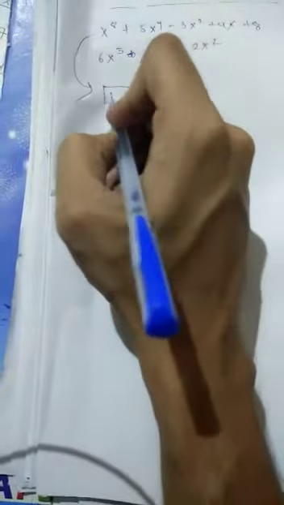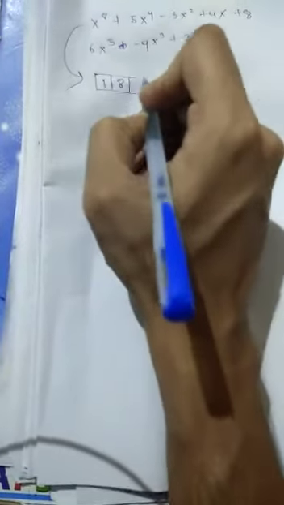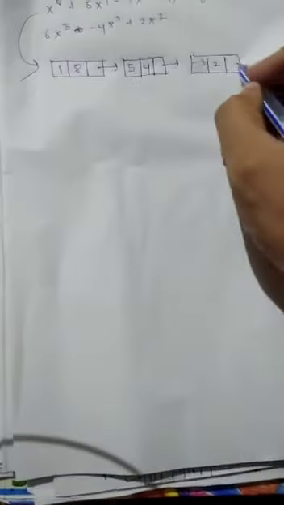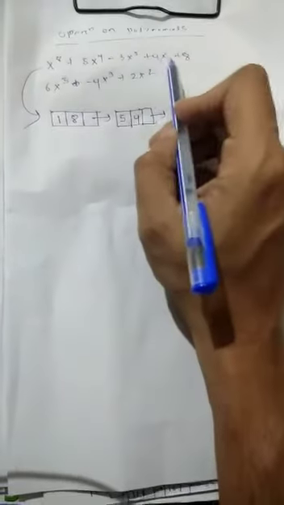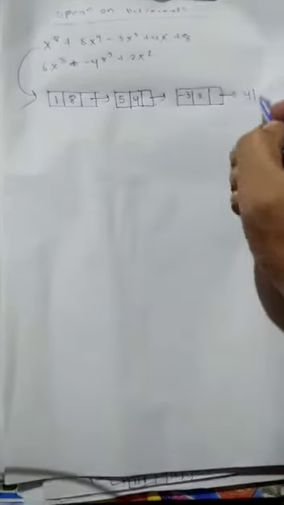Suppose two polynomials are there, and we have to represent the polynomial as a linked list. Each node has three parts: one is the exponent, next is the coefficient, and this points to the next node. Here 5 is the coefficient and 4 is the exponent. This points to the next node. Next, -3 and 2 are the coefficient and exponent. Next, 4 and 1 are the coefficient and exponent.